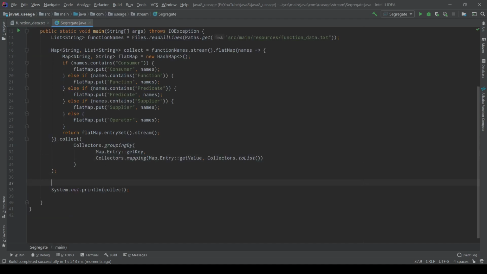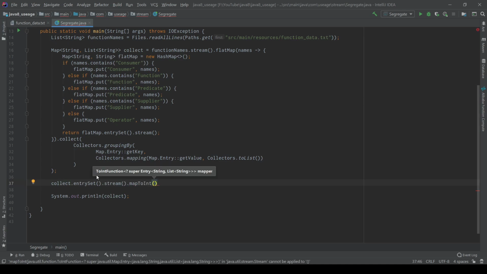So let's check whether I have all the 43 records. I will collect this to an entrySet and stream, and map to an int. I only need the size of each value list, so just value dot size.